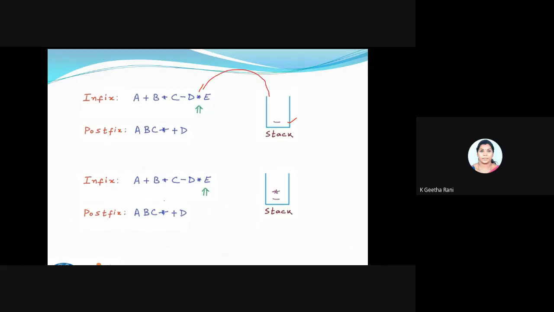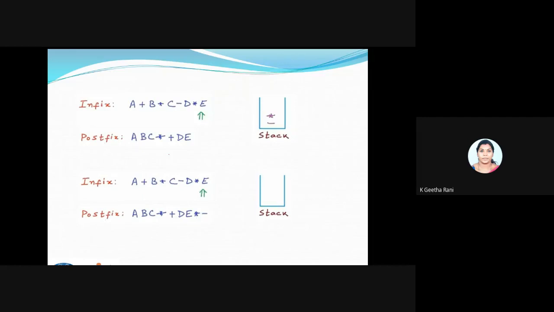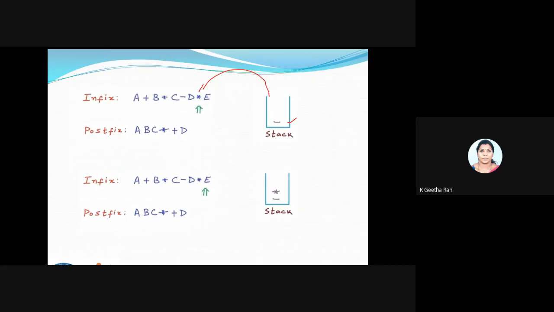Fine. And next I'm traversing it. Next comes an operand, so I'll just store it inside my postfix. I reached the end of my expression. After reaching it, I will pop all the operators which are inside my stack. So I'm popping it: first the star comes, and then the minus comes. That's it. So this is a different algorithm for converting infix to postfix. It's not the normal way of doing it.